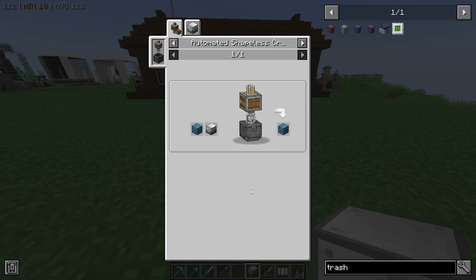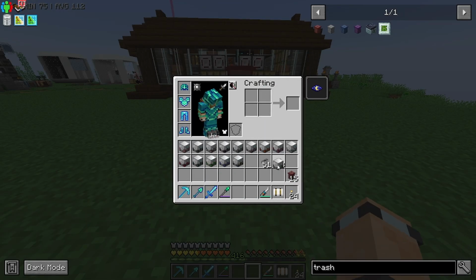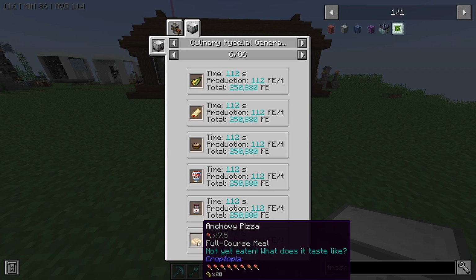So like the slime generator, I believe you need milk and slime balls. So that's kind of not an easy one in my opinion. The culinary generator, this one's interesting, let's just say. There's a few different things, and the more complex the food seems to be, the longer it is producing. In my opinion, it doesn't matter how much power it produces. So like this one here produces less power, but is for a longer amount of time, and that is the